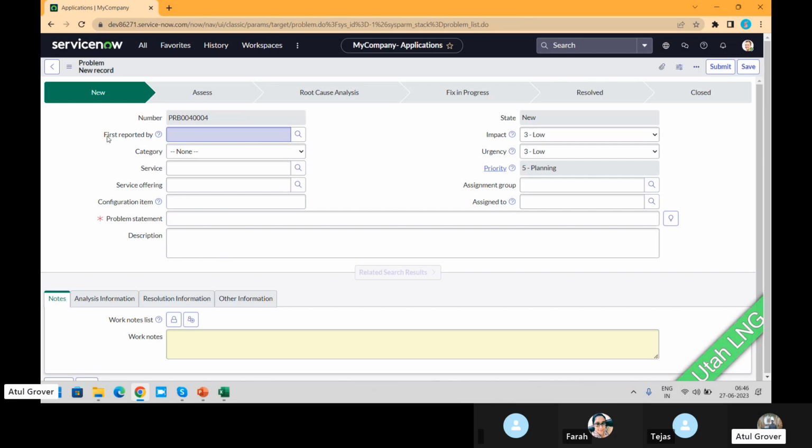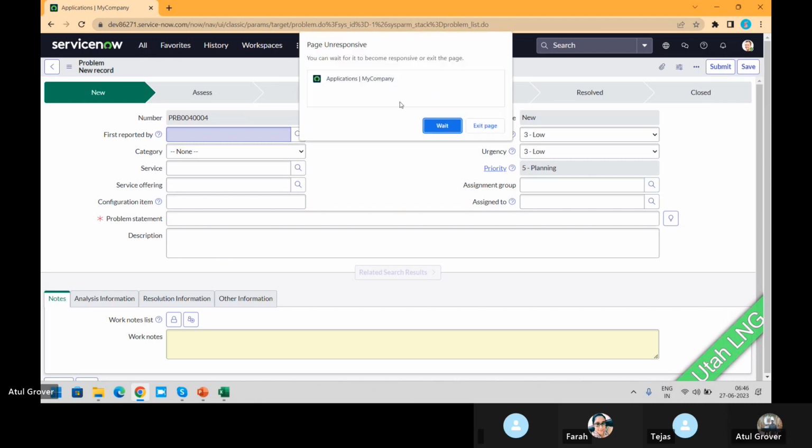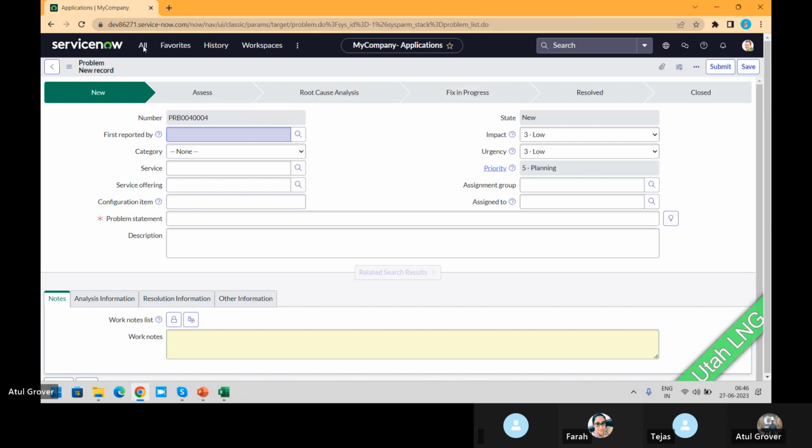In the progress bar, you can see new, assess, root cause. These are the formatters: new, assess, root cause, fix, improve, resolve, and closed. So if I come here, it's stuck.